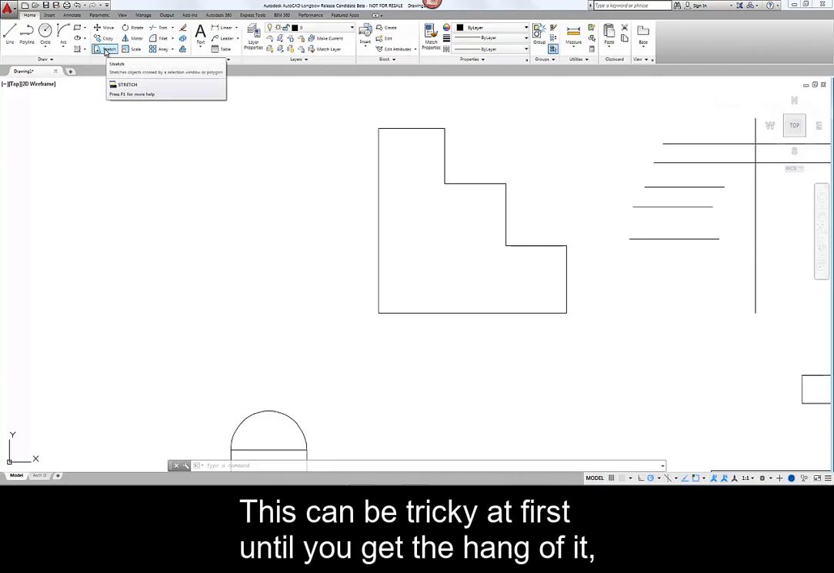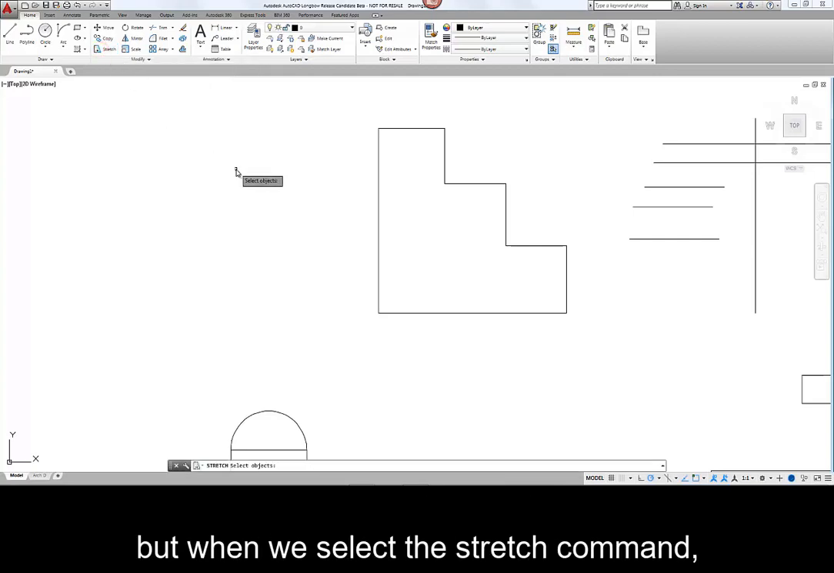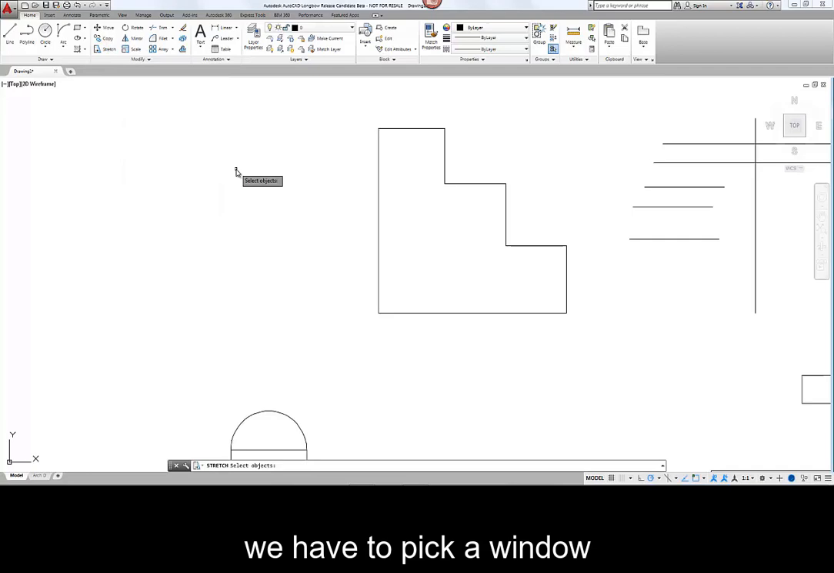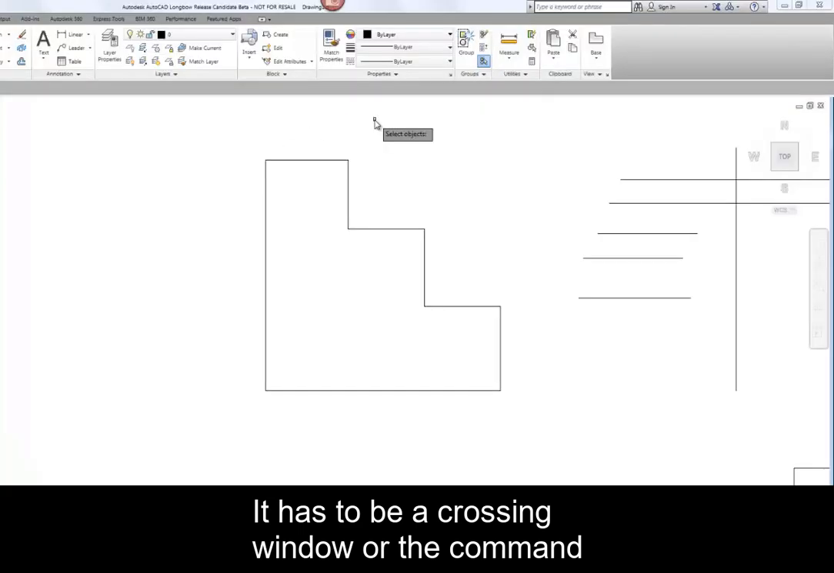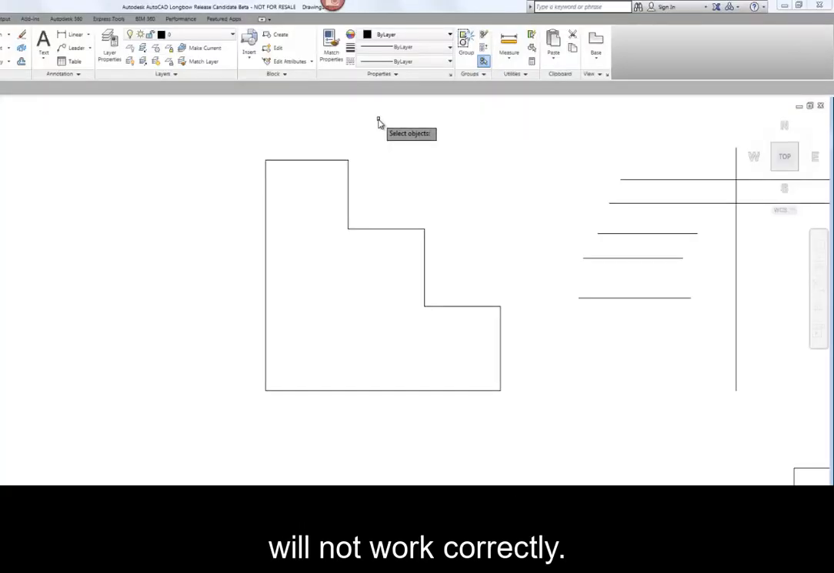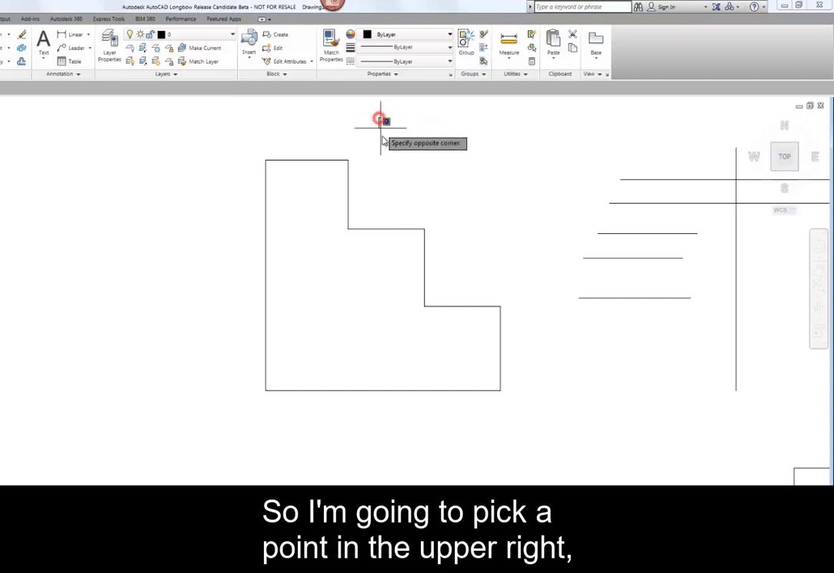This can be tricky at first until you get the hang of it, but when we select the stretch command, we have to pick a window, and it has to be from right to left. It has to be a crossing window or the command will not work correctly. So I'm going to pick a point in the upper right,